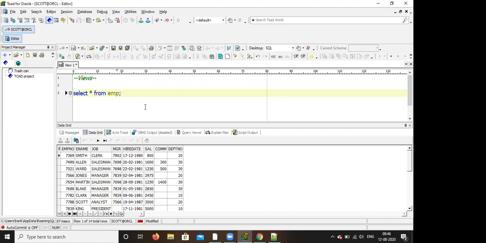Run it. I want employees whose salary is between 1000 to 1500. Select star from employee.